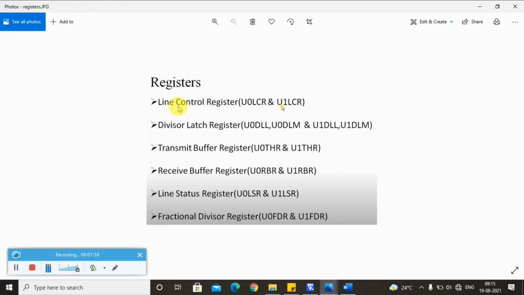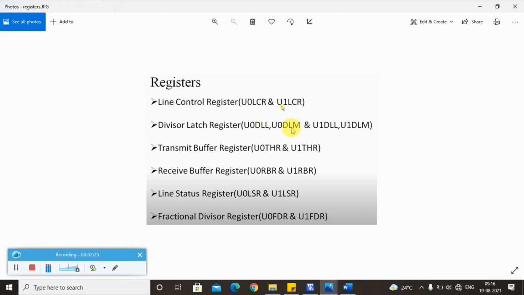As you can see, the first one is the line control register, which has two UART connectivity, U0LCR and U1LCR. The second one is the divisor latch register. It also has LSB and MSB: U0DLL, U0DLM, and U1DLL, U1DLM. DLL is for the least significant byte, and DLM is for the most significant byte.